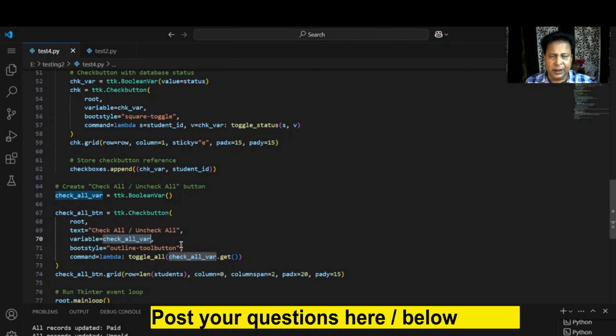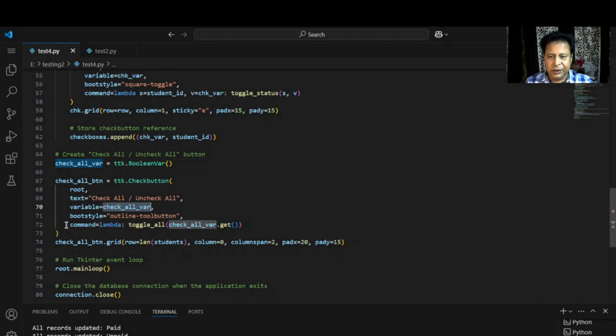Now the button style, as you know, you can change it. Tool button, various other styles you can use. But because this is a button, we have gone for a button style. Now here comes the command. When you click this particular check button, it calls the function toggle all. It's a user defined function. It's here at the top, we'll see the code. Now it passes the particular